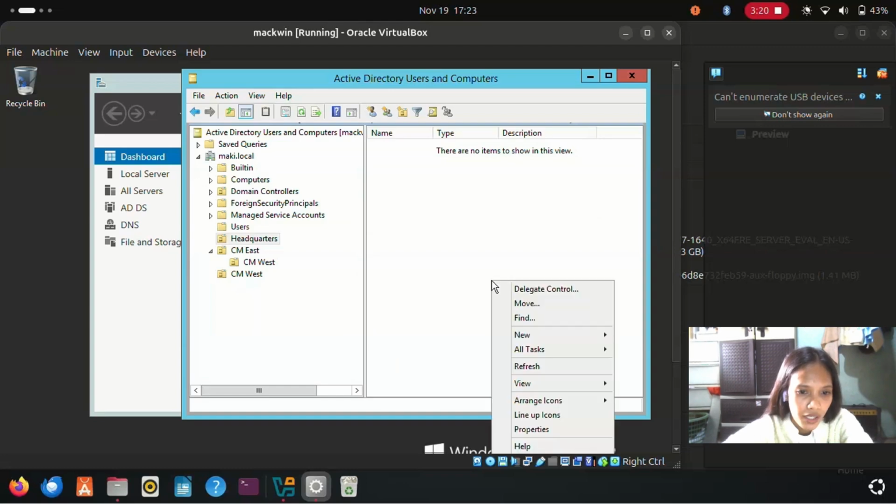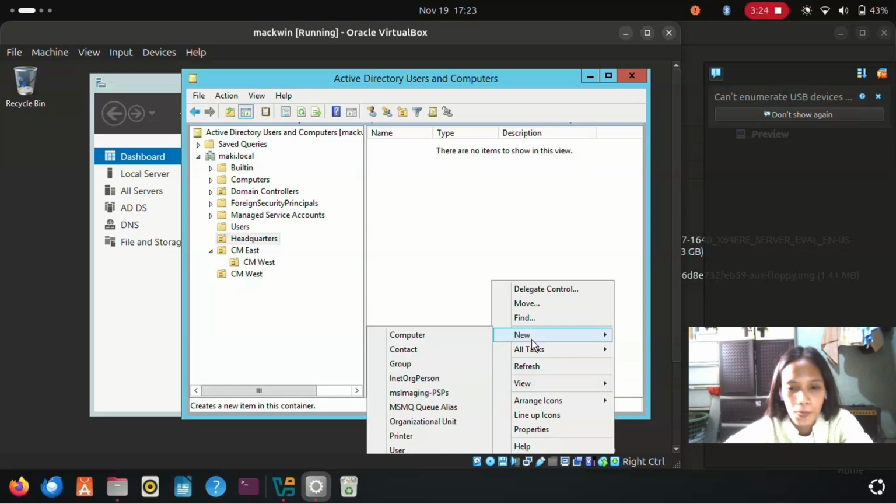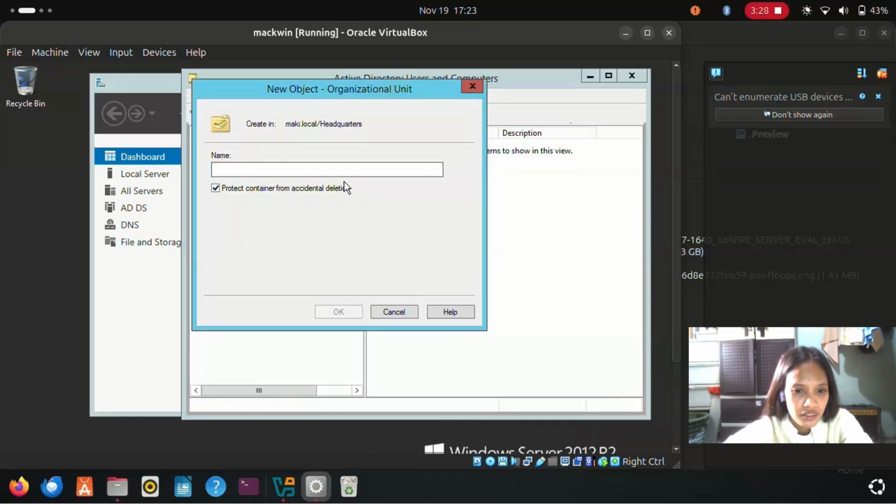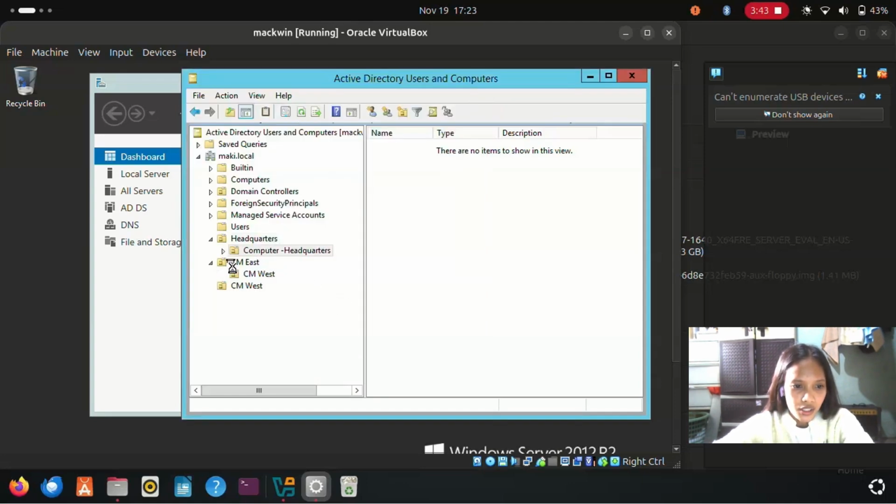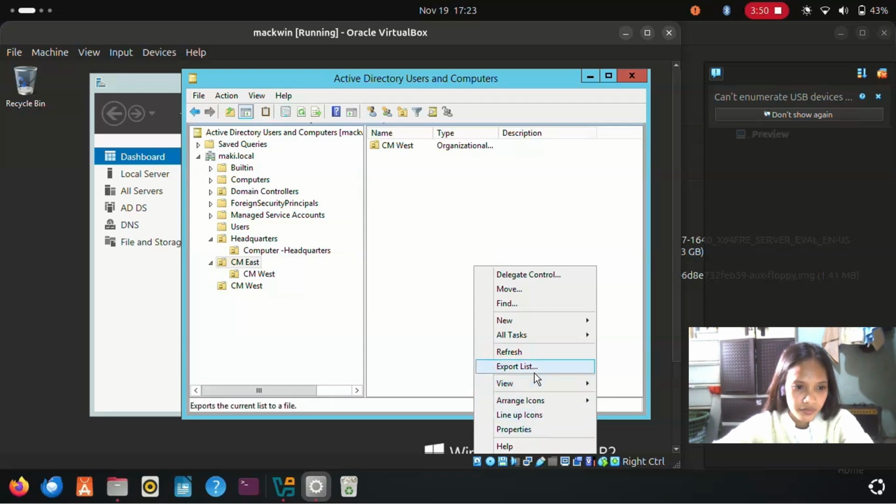And it switches back to the domain controller, and the user opens the Active Directory Users and Computers console. The client machine's name is found listed in the default computers container in ADUC, proving the computer object was successfully created during the join process and the client is now a managed member of the Maki local domain.